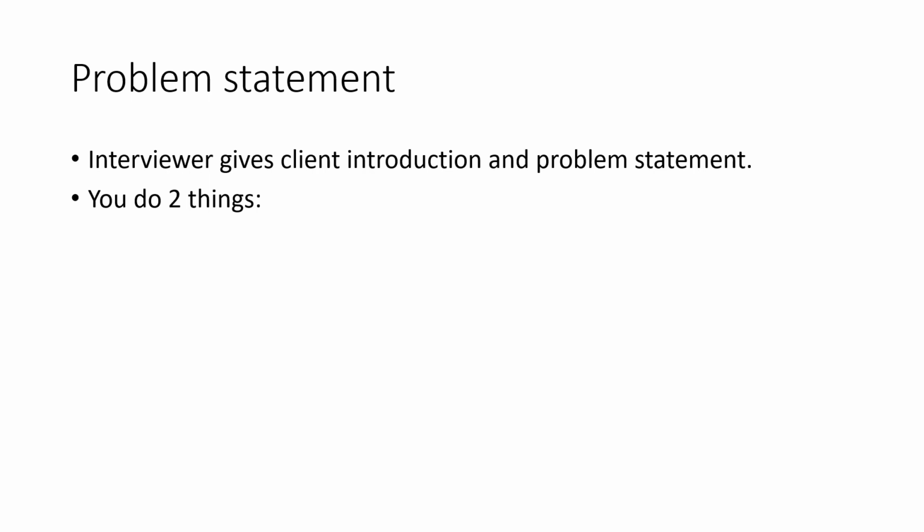So here is a step-by-step process to acing these two things. First, as the interviewer is talking, write down the key points you hear, specifically about the problem statement. Then, when the interviewer has stopped talking, say, "So just to summarize," and insert your answer, and then say, "Is that correct?" Make sure your summary is concise. Aim to have written down the 5 most important things you hear and repeat them.